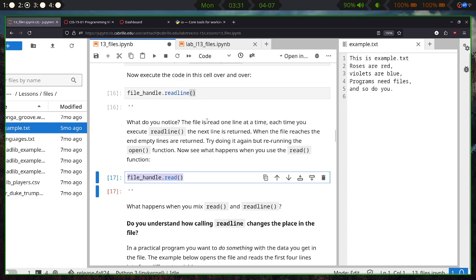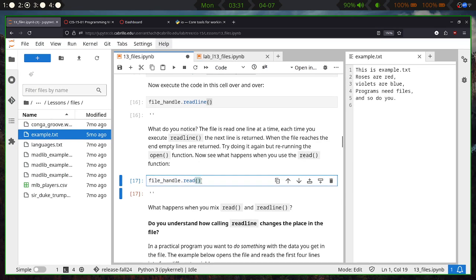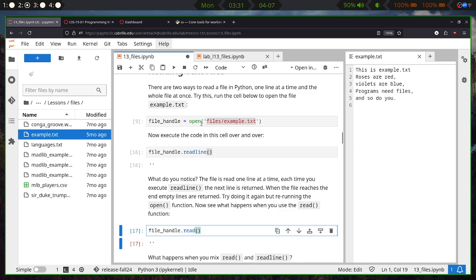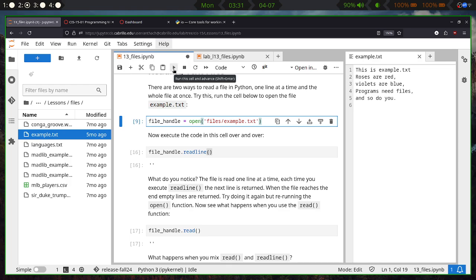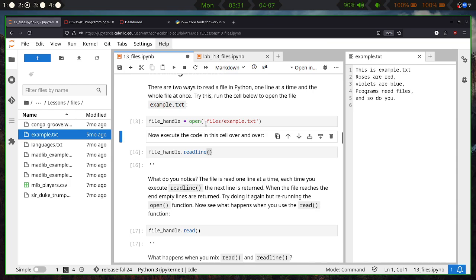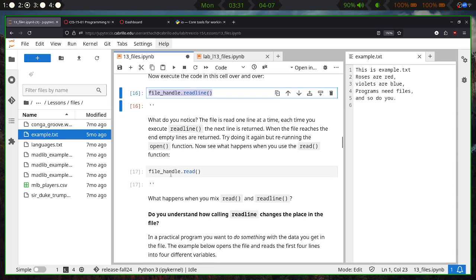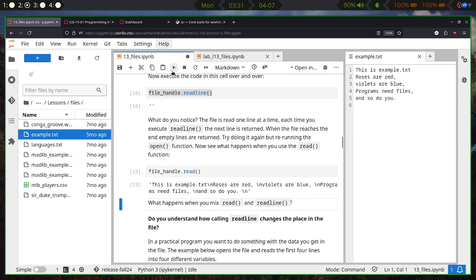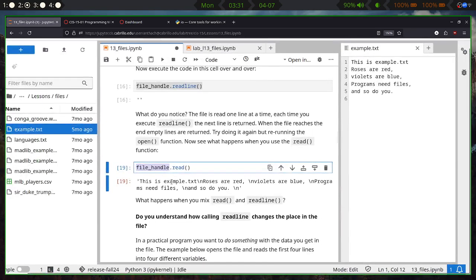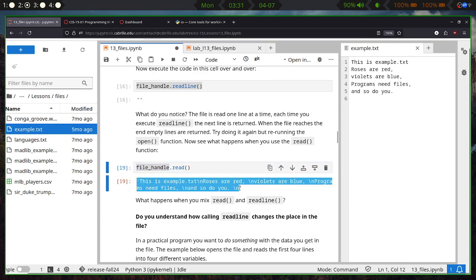Let's start over though. Let's reopen the file handle and start from scratch. I'm going to run this cell again. There we go. I'm going to skip this read line and go down here and just read the whole thing. There we go. We see that the read function grabs everything from where we start,